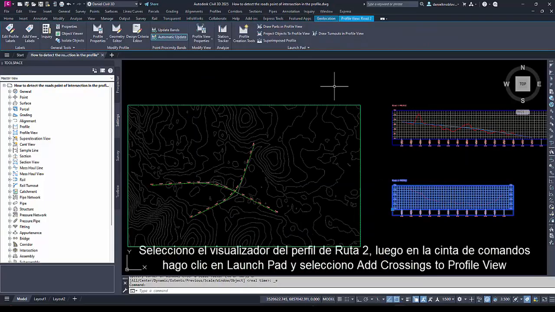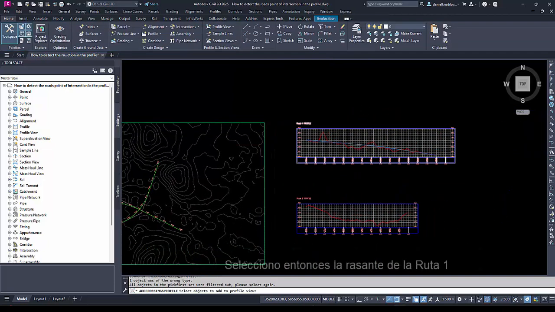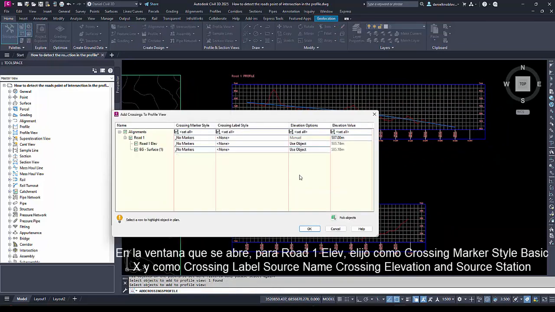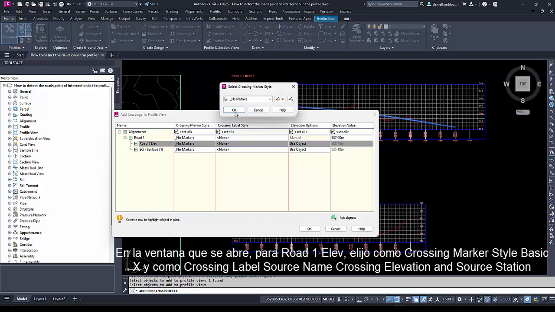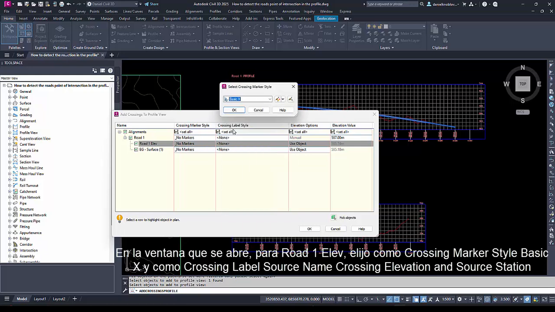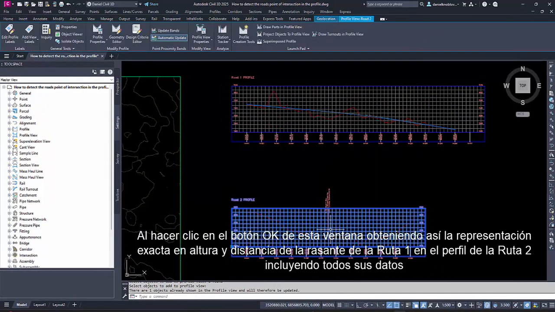I select the Road 2 profile viewer, then in the ribbon, click on Launchpad and select Add Crossings to Profile View. Now select the profile of Road 1 and in the opened window choose Basic X as the crossing marker style and crossing elevation and source station as the crossing label source name. We can now click OK in this window,